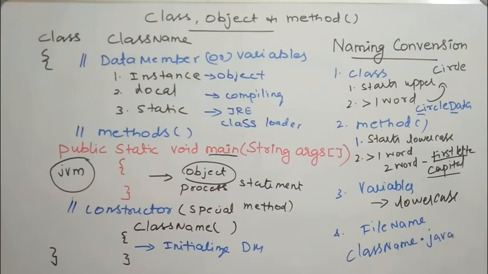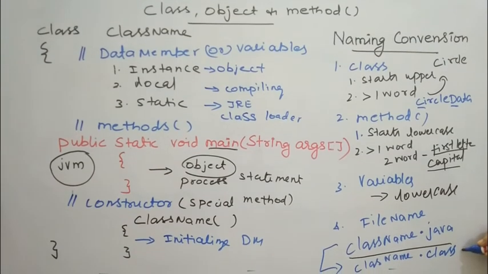So it should necessarily be the class name when we are giving name for the file name. It is better, if you don't have any pretty good reason to change the file name, not to change it. Make the file name the class name which contains your main method, dot java. Why is it so? When I compile my Java file, it creates bytecode. Bytecode is stored in a .class file. The name of the bytecode file will be same as the class name which contains my main method.